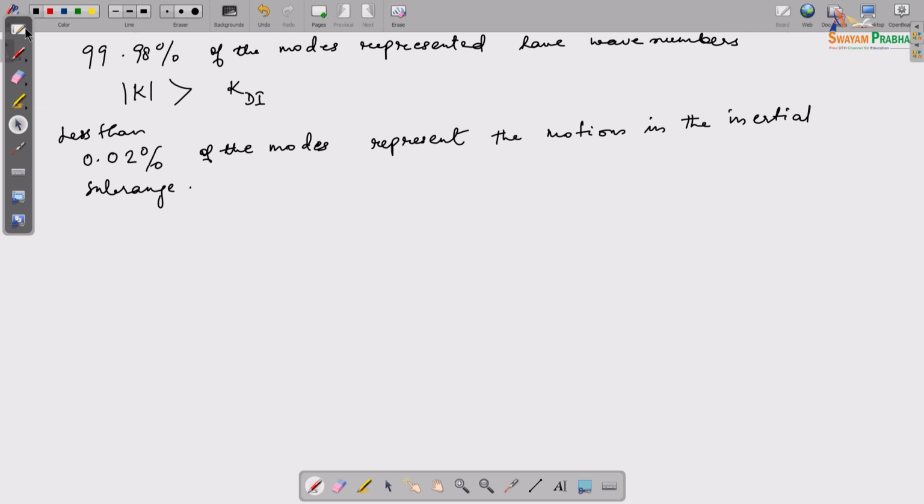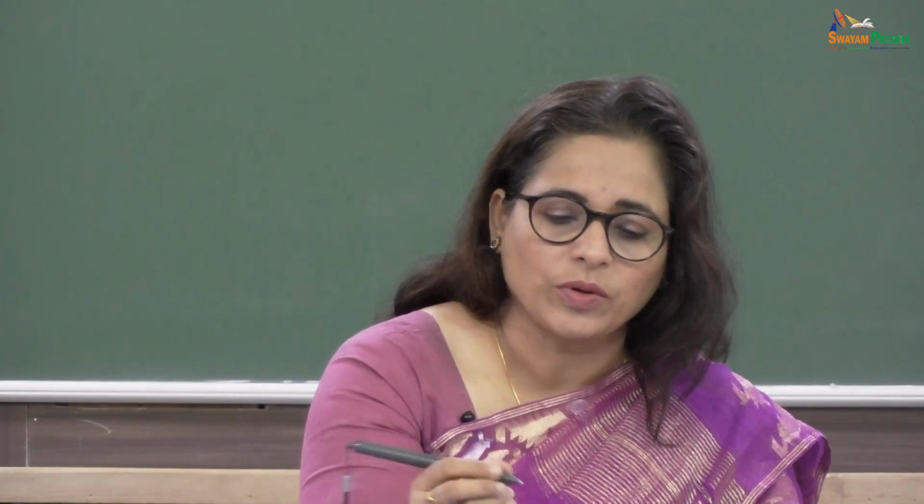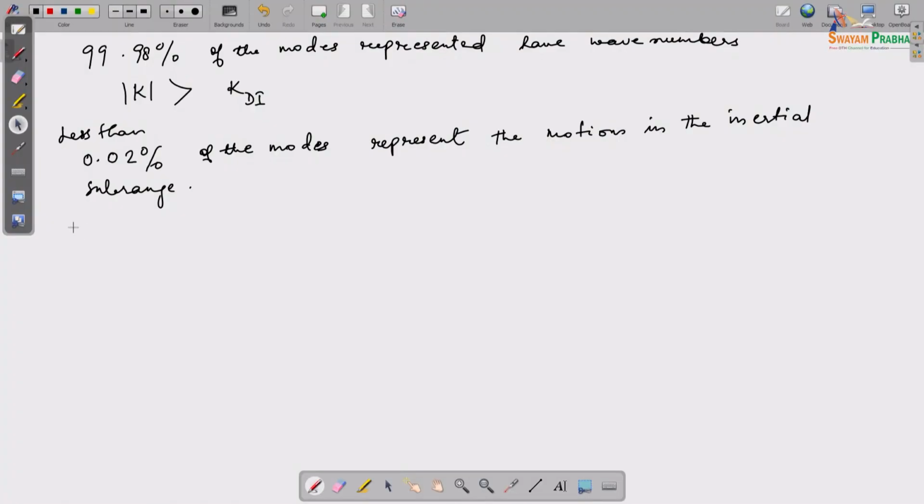Now that we know all these things, what can we do to alleviate the computational cost of DNS? We will look at some of those things. Number one is low wave number forcing, so let me write that down. We said in the previous class that we are trying to tweak the existing DNS to see if we can alleviate the computational cost. So one of the things that you can do is